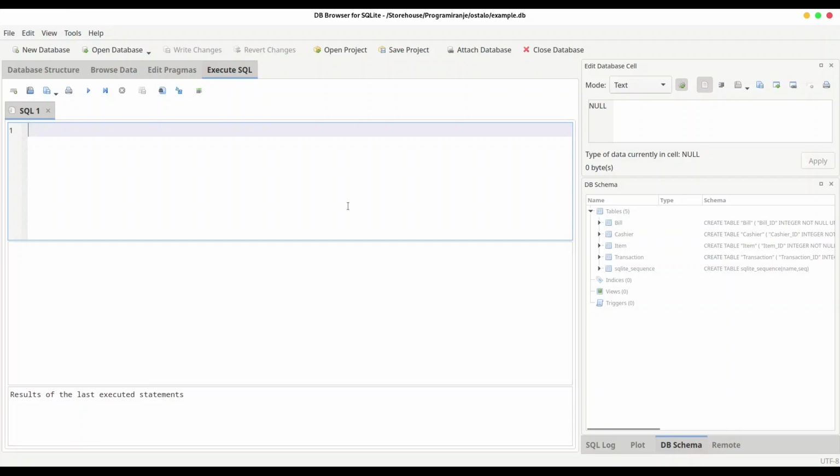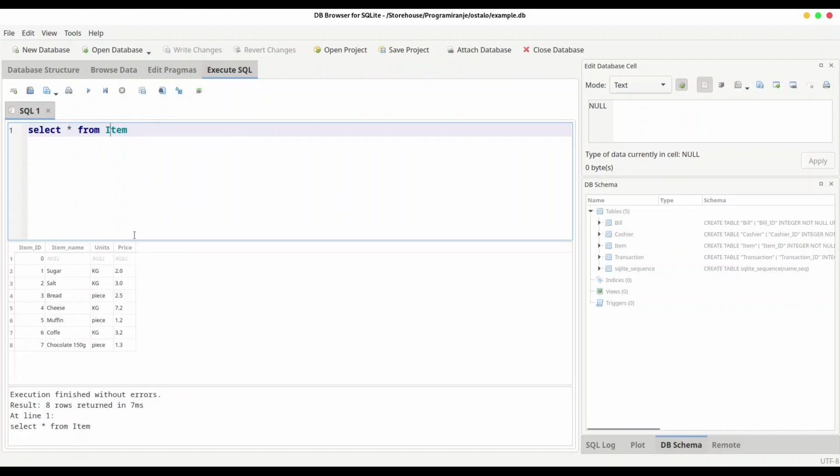So today I'm going to show you how to put some comments into your SQL code. So let's say that I have a code like this, from item table. Okay. And I'm going to execute that code right now. This is our result. And let's say that we would like to put, let's say something like